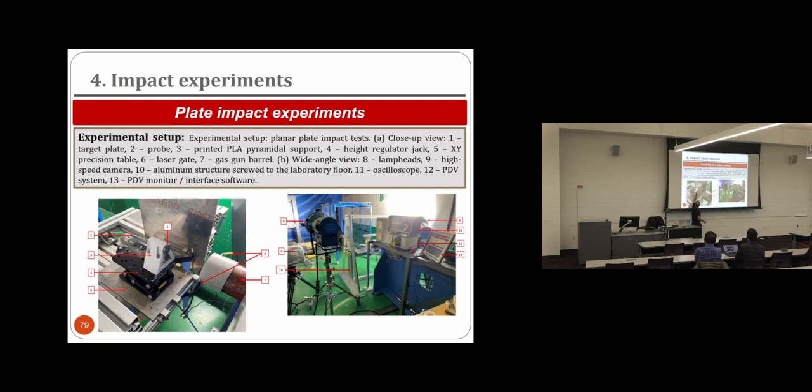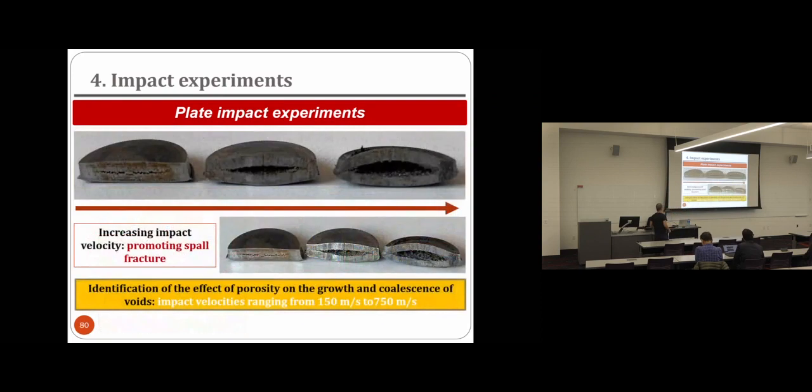This is the specimen, which is a plate of typically 18 millimeters diameter and 4 millimeters thickness, okay? So we are recording the velocity in the rear surface of the specimen using our PDV system, and with the PDV system and the signal, we are able to obtain the spall strength of the material. And as in previous cases, we are performing tomography analysis before, tomography analysis after, okay?